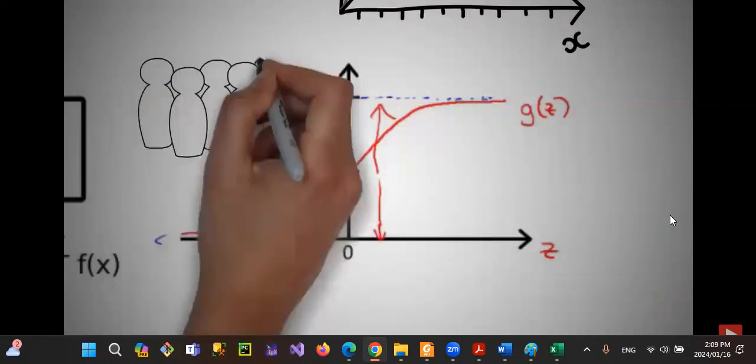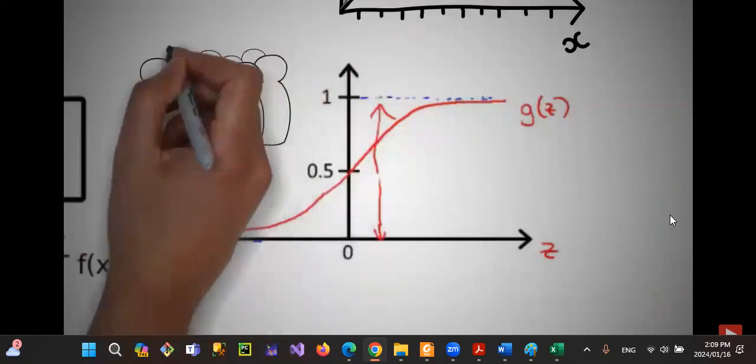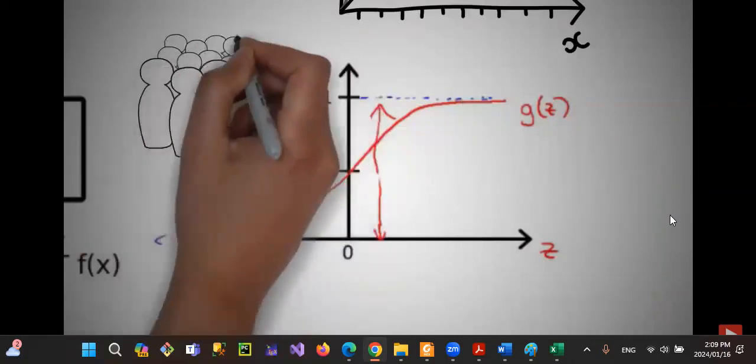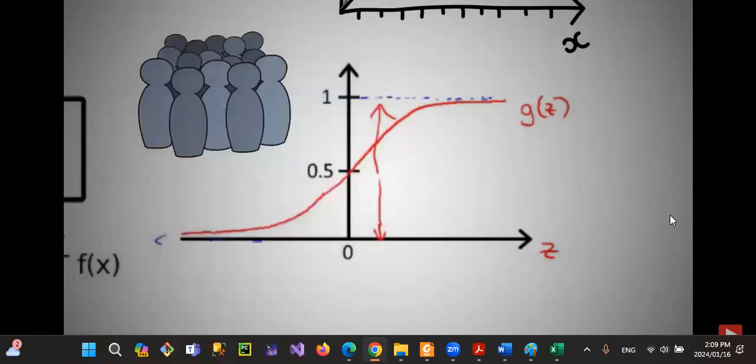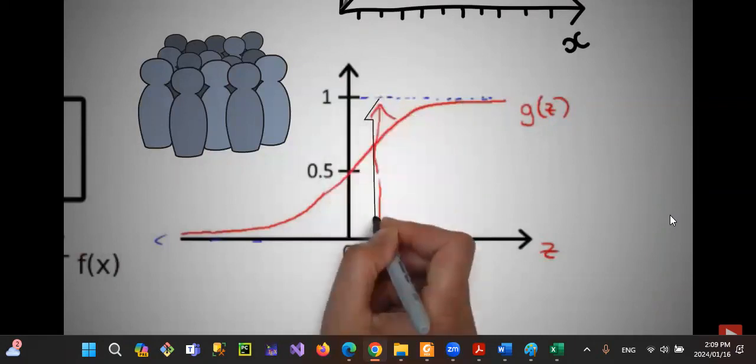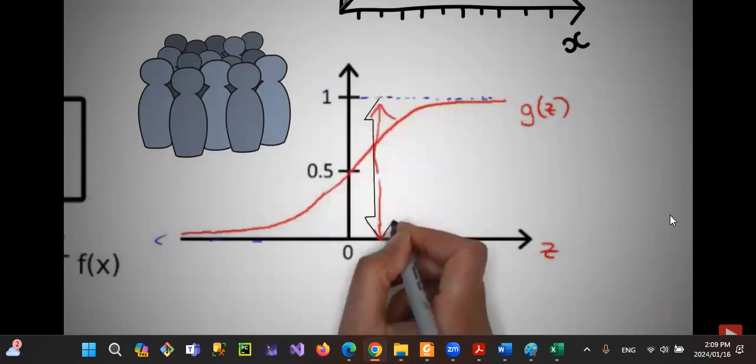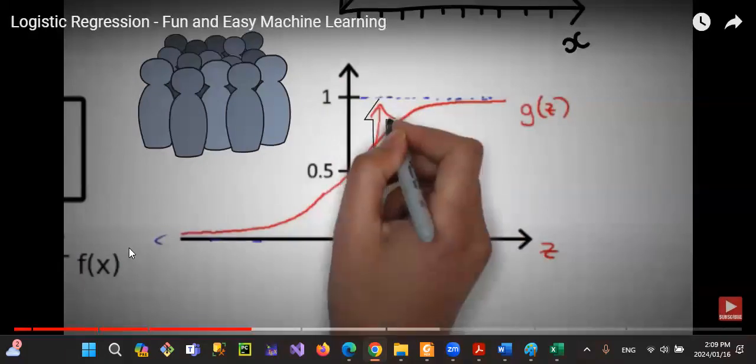The logistic function, also called the sigmoid function, was developed by a statistician to describe the properties of population growth in ecology, rising quickly and maxing out at the carrying capacity of the environment. This is an S-shaped curve that can take any real-valued number and map it